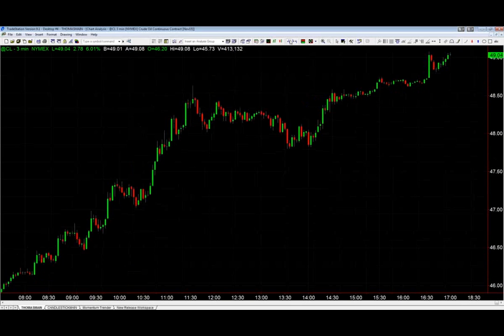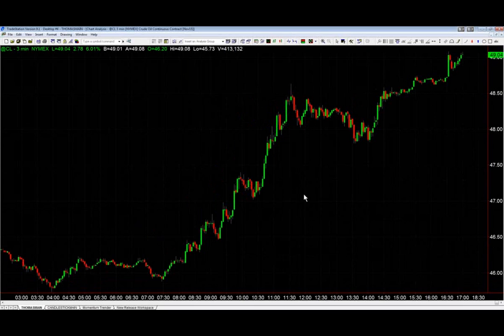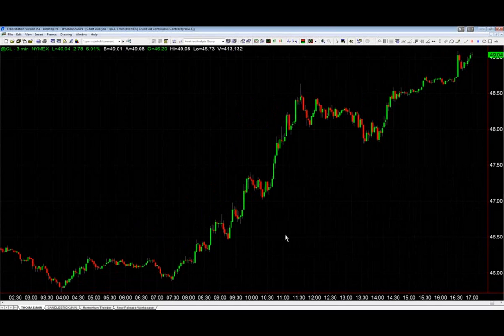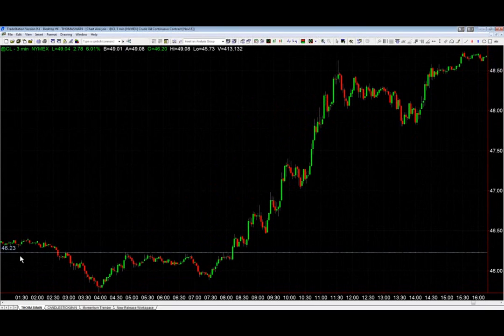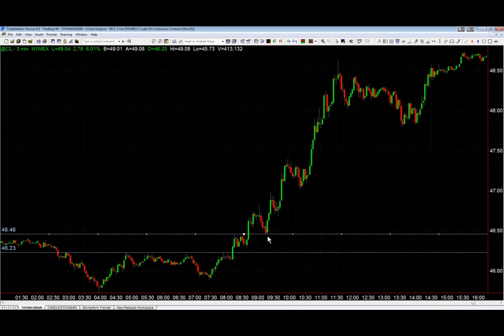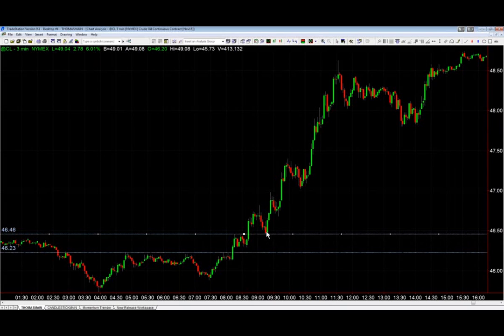This is crude oil today. Can you tell me which direction the trend is in crude? If you were in the trading room, you know we were buyers on the break above 46.23. It broke out, went into consolidation, and we said, okay, now we're buyers on the break above 46.46. It broke through 46.46, came right back down, and we said, look, it's retesting that previously broken resistance, now support. Watch for it to continue higher. And it broke out again, and then broke out again.